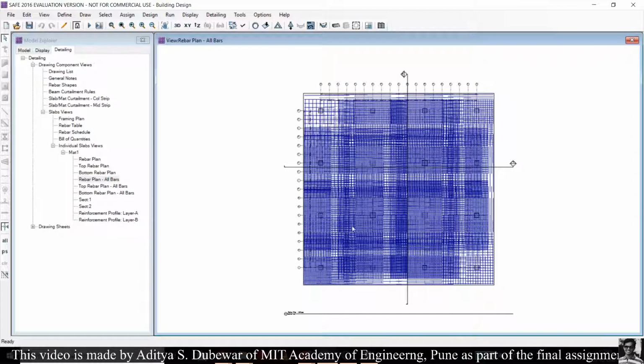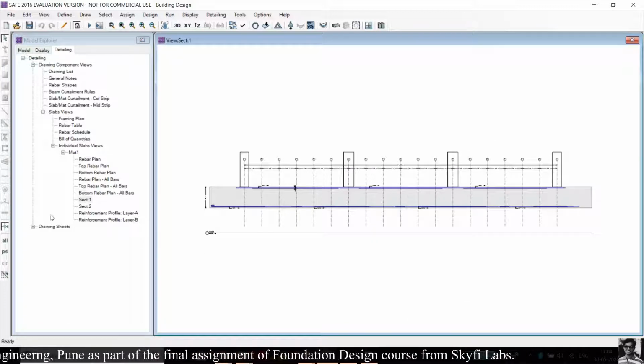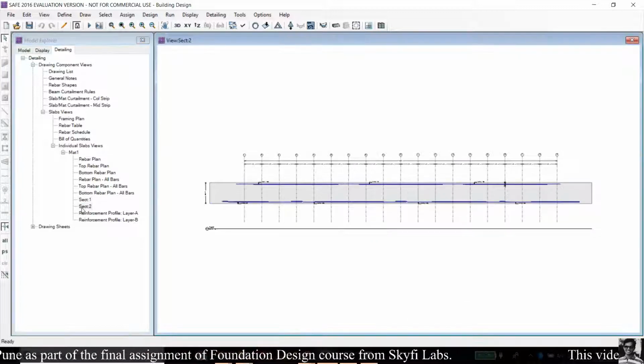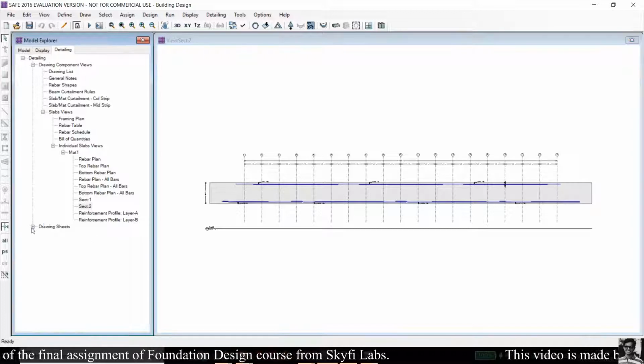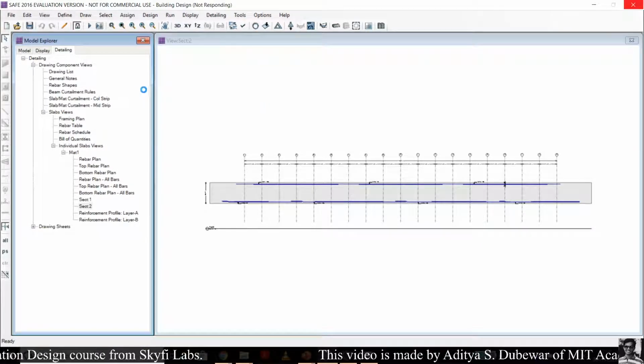After that, all reinforcement, like this. And we can see these sections from here: section 1 for our footing design, section 2, like this. Okay, if you want to see our design in 3D view,